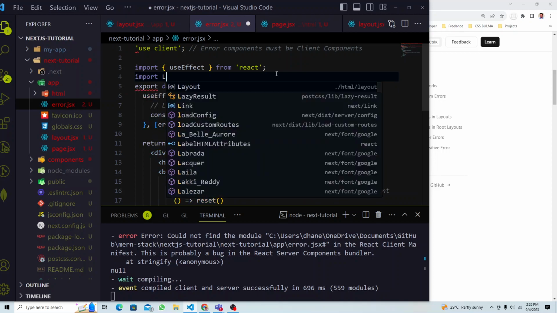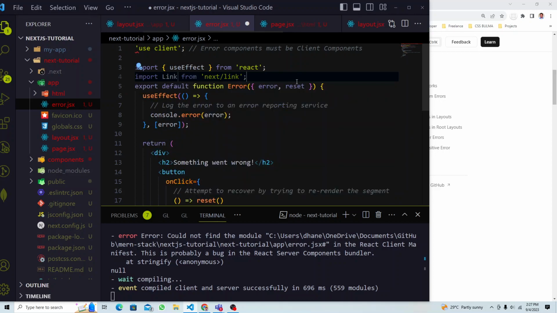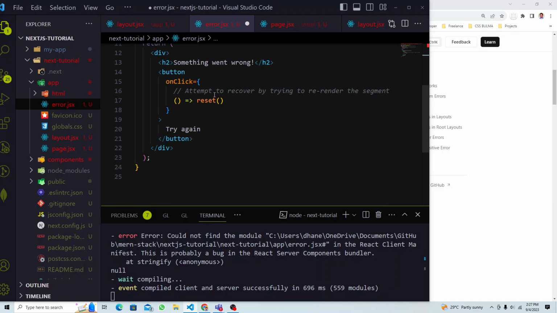Import link, and on click, you want to run that link. So when you click that button, let's go back and call our link component. I mean, there is navigate also, right? Navigate, but